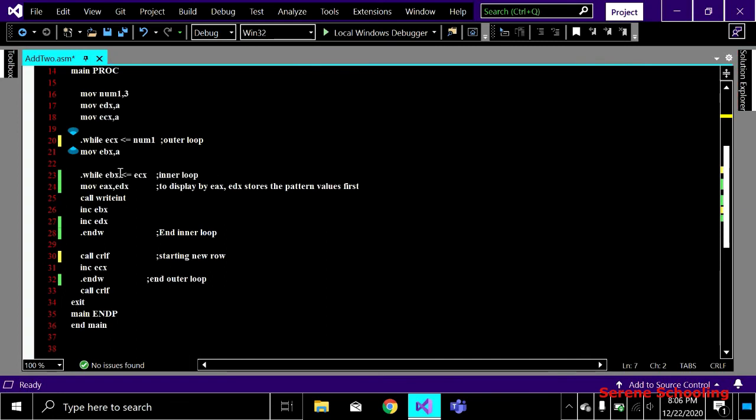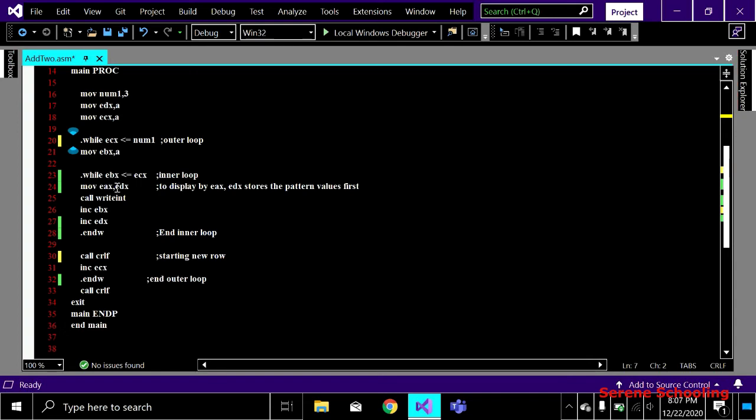So here you can see I am comparing 3 with 3. Yes, true, EBX becomes 0, and now is 0 less than or equal to 3? Yes, 0, 1, 2 and 3. You can see on these 4 numbers this condition is going to be true, so this loop will work 4 times, right? Like EDX has been incremented over here. I think EDX was previously 6, so we will print 6 on the screen, then EBX increments, then EDX will become 7. Now EBX becomes 1, right? So 1 is less than or equal to 3.